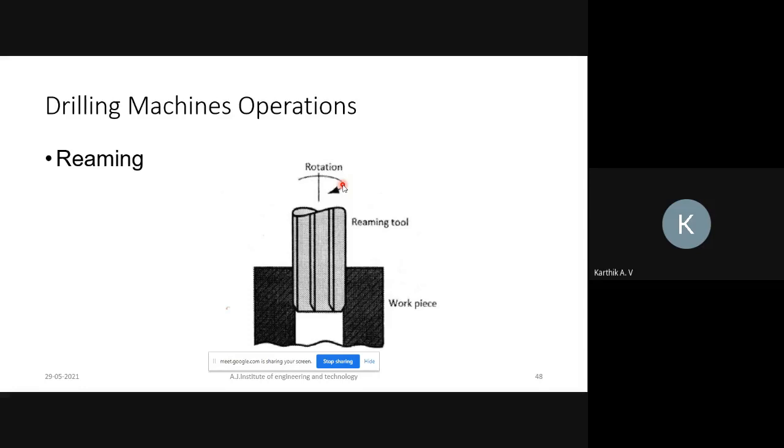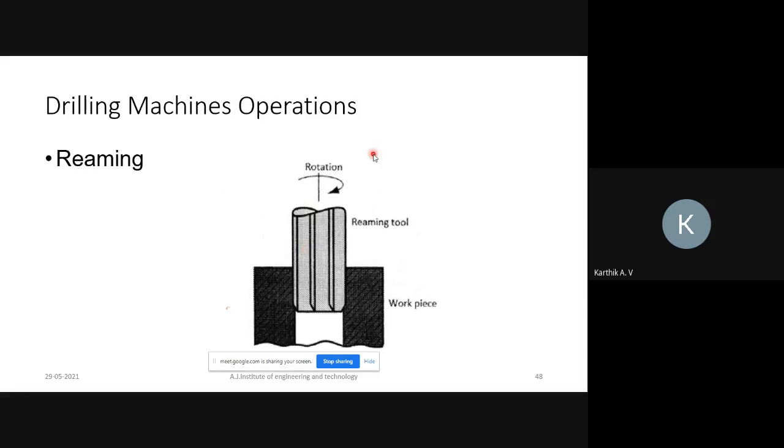This is a tool which is continuously rotated with the help of a motor. It is mainly used after a pre-drilled hole, for smoothing purposes.